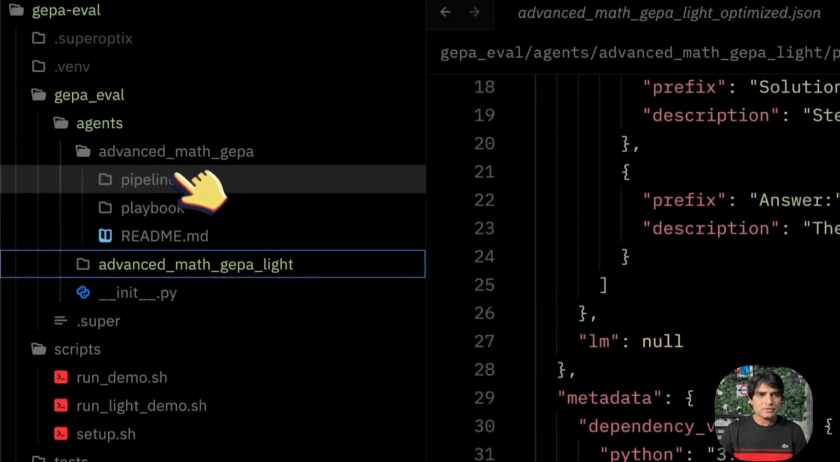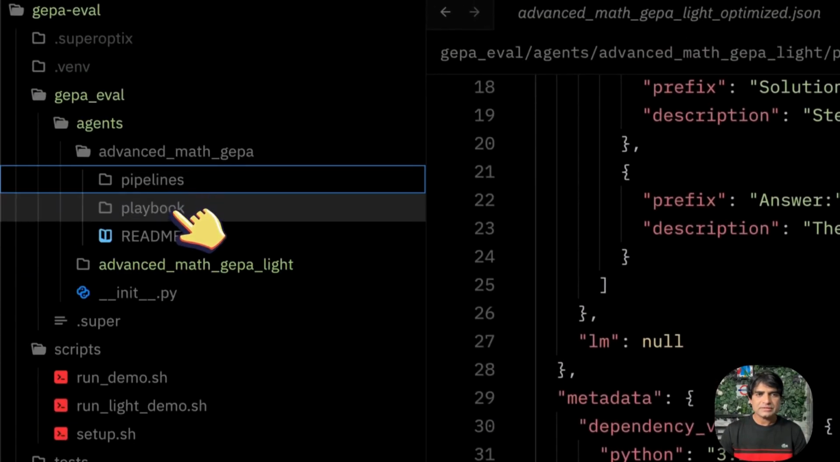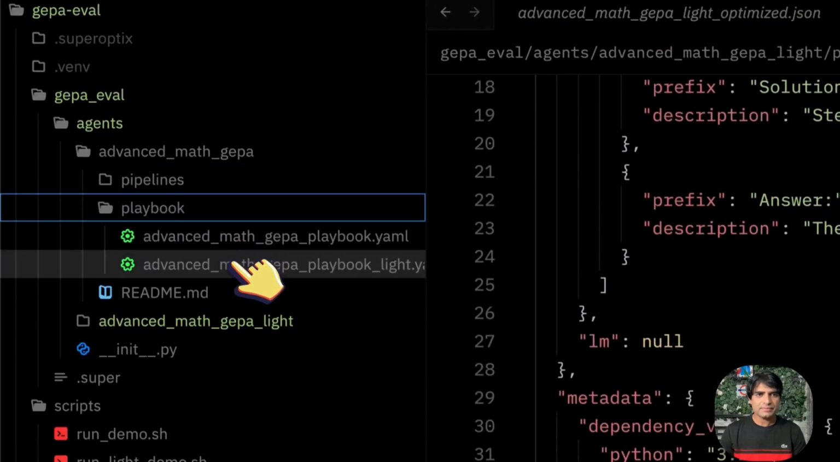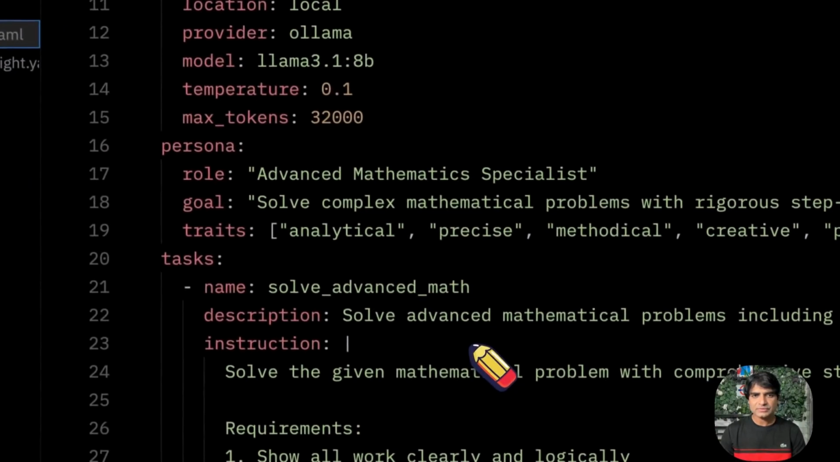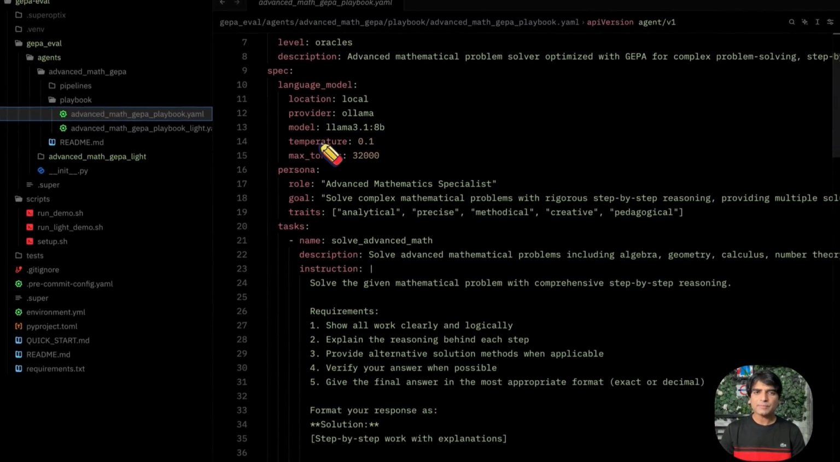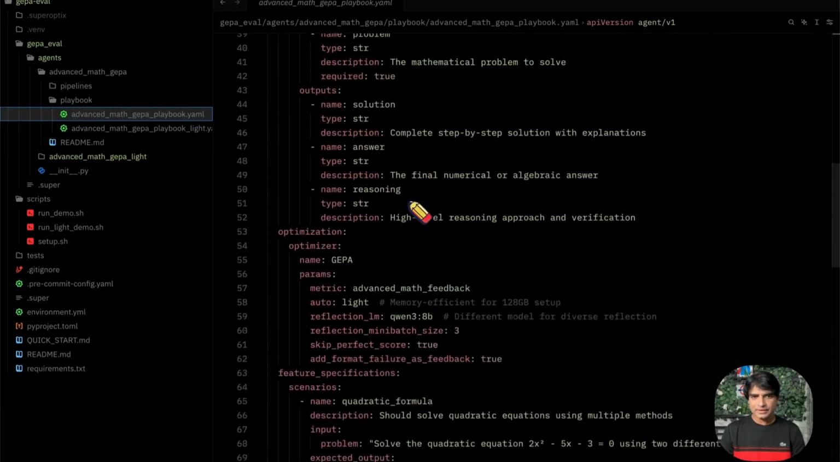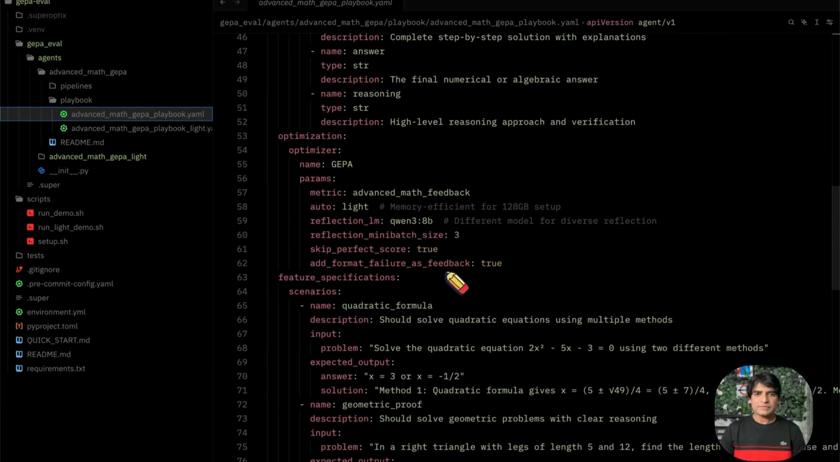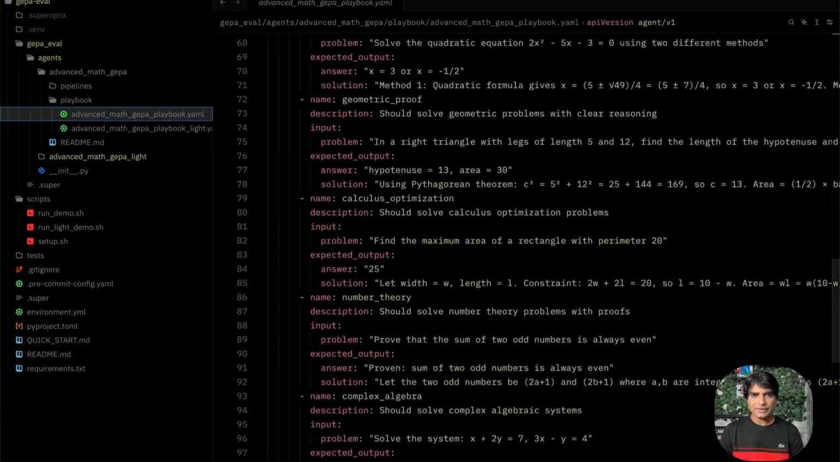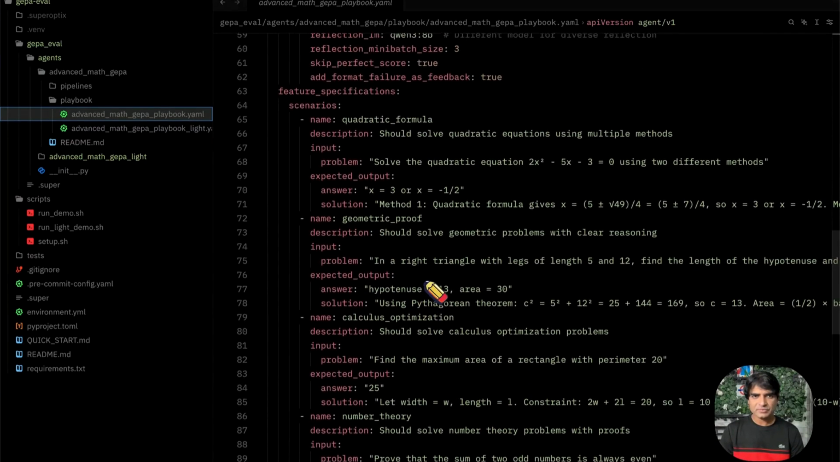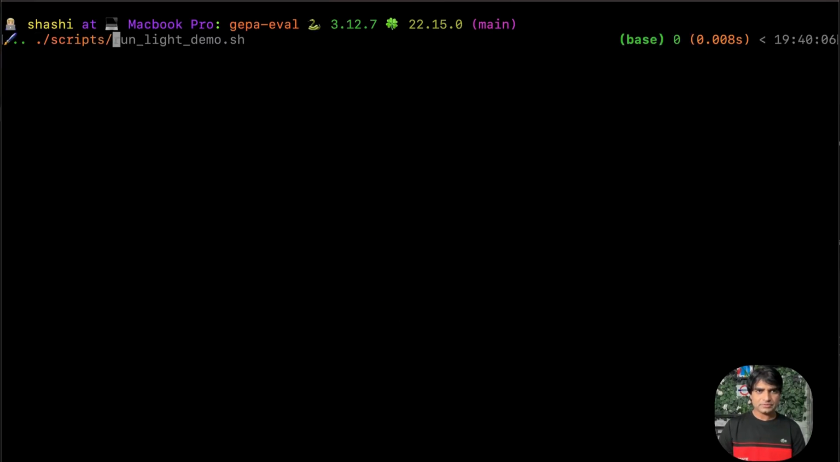So this is the advanced one. Let's see what this advanced playbook looks like. In the advanced one, we are using Llama 3.1 8 billion. And in GEPA, you can see we're using Qwen 3 8 billion as the reflection model. As you can see, we have more examples here. We will run this script called